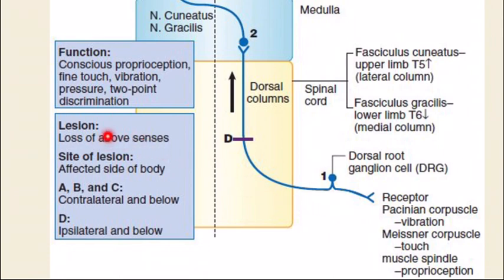Like loss of the above senses. What are the above senses? These they have written: the conscious proprioception, fine touch, vibration, pressure and 2-point discrimination. आप चेक करोगे तो सेंसरी सिस्टम एग्जामिन करोगे। जस्ट इमेजिन कि एक पेशेंट है, वो स्पाइनल कॉर्ड इंजरी के साथ आया है, आपने सब कुछ ये सेंसरी सिस्टम का चेक करके देखा है। उसके अम्बलाइकल पार्ट से नीचे का लेफ्ट साइड में वाइब्रेशन, पोजीशन और ये सारी चीज़ें, प्रोप्रियोसेप्शन, ये लॉस्ट है. What does it mean? It means कि उसके स्पाइनल कॉर्ड में अम्बलाइकल लेवल पे